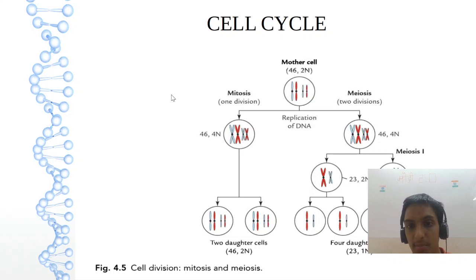Let us see the stages, mitosis and meiosis. You are seeing in this flow chart. Mother cell is there, diploid, mitosis, meiosis will happen. 4n chromosomes will be there, okay? By the DNA replication, mitosis will lead to 2 daughter cells, double of that will be the meiosis. Here 2 stages you will find, meiosis 1 and 2. In the meiosis 1 we are finding the 23 and 2n. In the meiosis 2 we are finding the 4 daughter cells, 23 and 1n. This is at the end of meiosis 2.